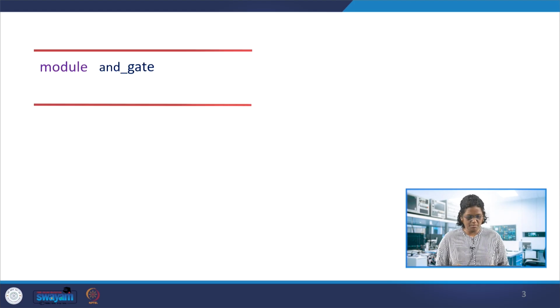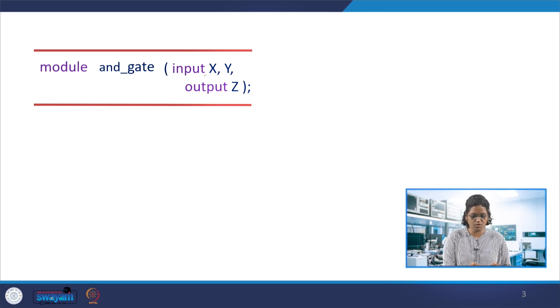So the example of this which we have taken, the module AND gate, where the input and output declarations, now try to simplify the lines of the code, which is module and gate, that is input x comma y and output is z. So we have put input x and input y as a separate declaration. In the port name itself we can define this with a comma.